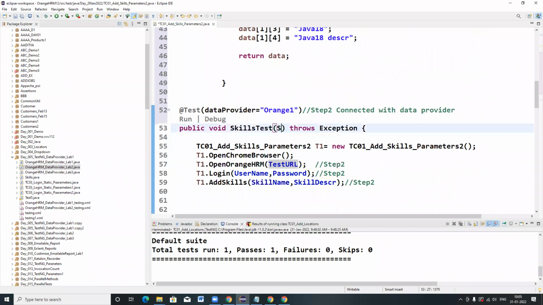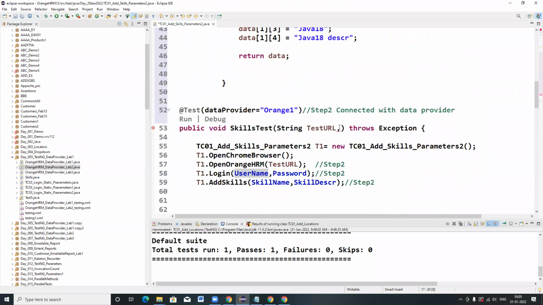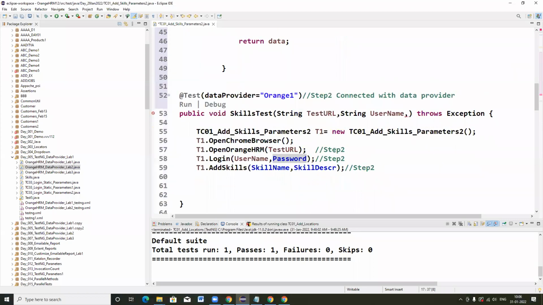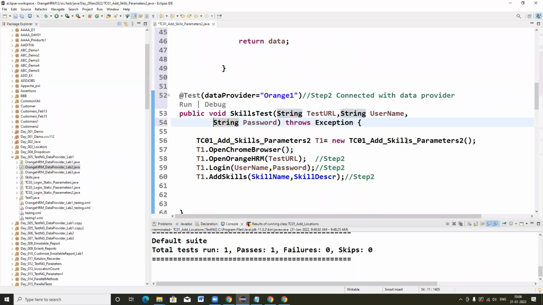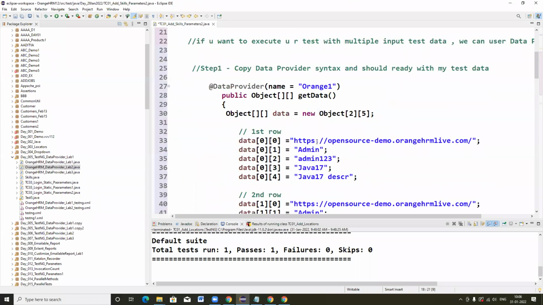So here you need to specify String testURL, comma, and whatever variables: String username, comma, String password, and skill name and skill description.